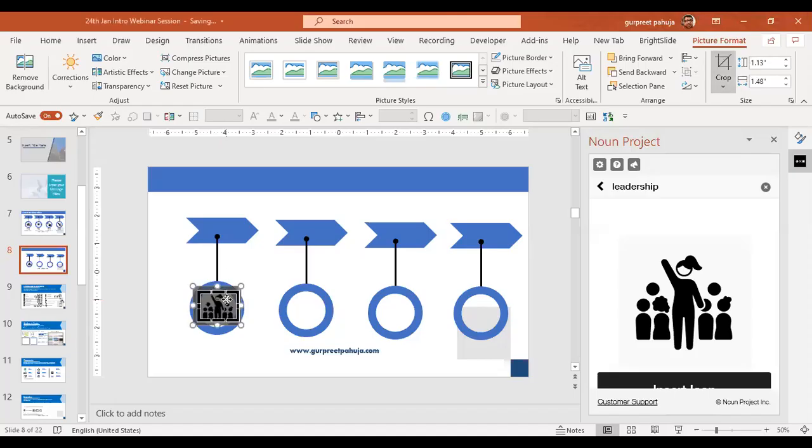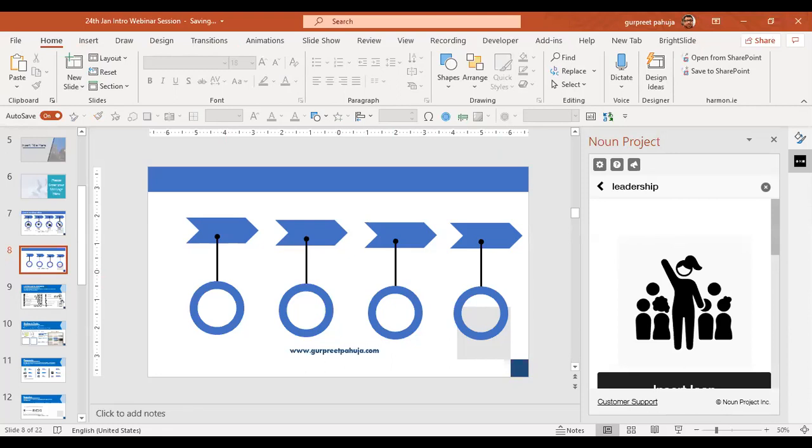So let me again take a snip of it. I'll press Windows Shift and S. This is a screenshot shortcut, Windows 10 and above.